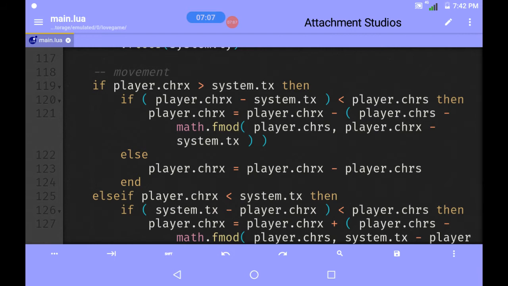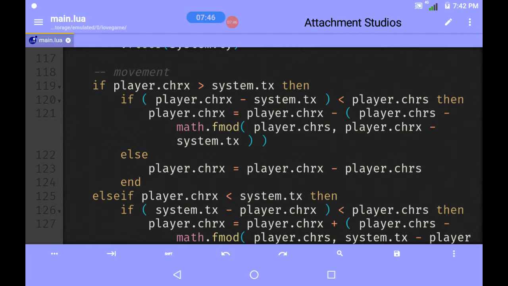Now I had to make a variable chrx because of making difficulty levels. So above that, I have also mentioned a code that is if the difference of character location and system touch location is smaller than character speed, then it will do what is well, if the number is other than 1, the chrs is 1, then nothing will happen.